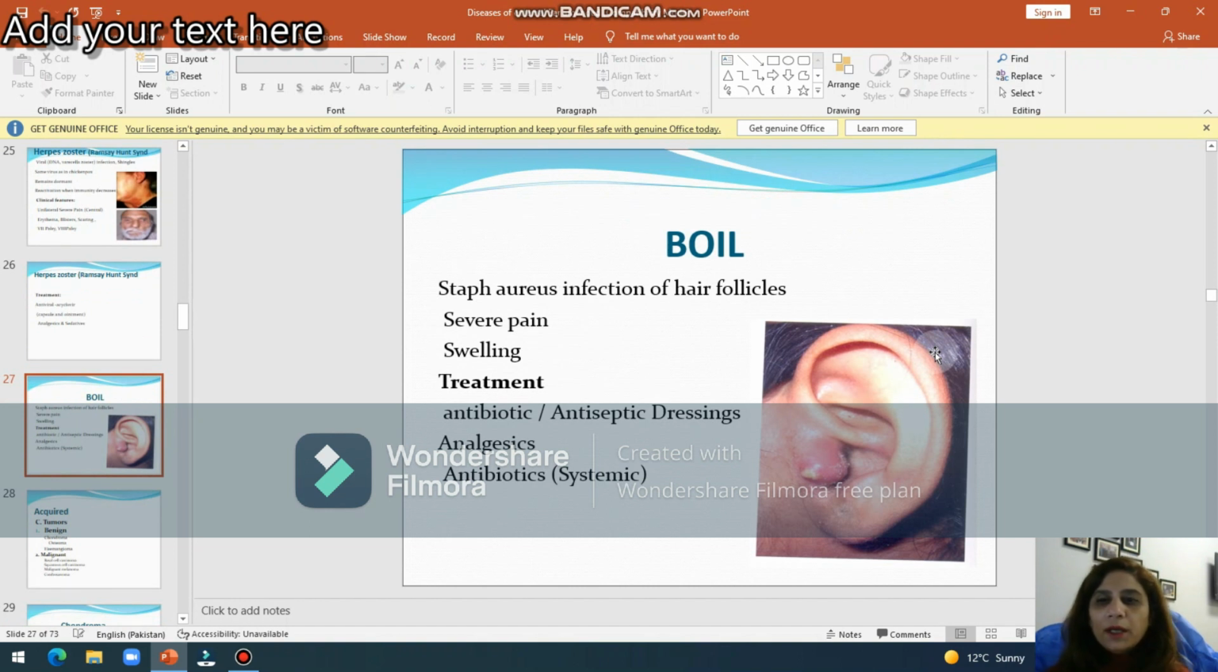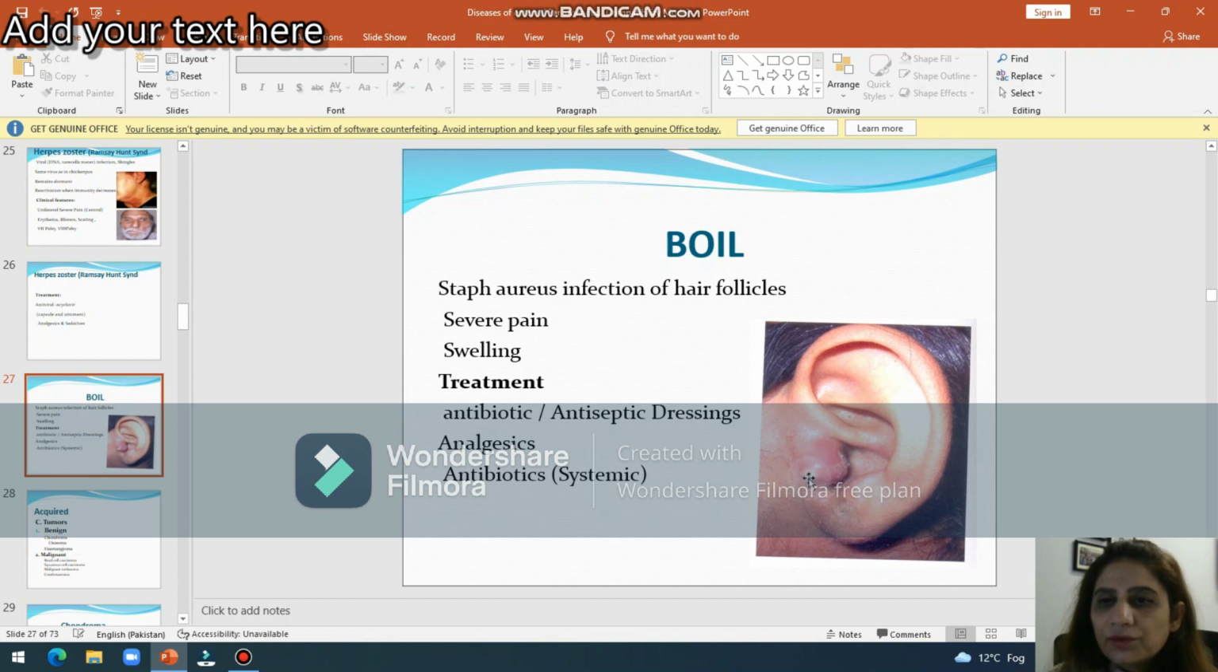Now, boil is a localized infection of a hair follicle caused by Staph aureus. Clinical features include severe pain and swelling. The swelling will be reddish in color. You can see in this picture, the swelling is reddish, and it is a painful swelling because the cartilage of the pinna is continuous with the cartilage of the external auditory canal. So whenever you pull the pinna, the patient will feel severe pain. So treatment will be